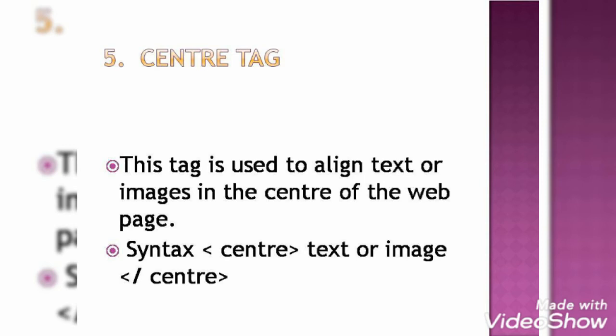So you can use this for aligning images. We don't want our images to come from the corner. Text we are writing, but when it comes to images in a web page, you want to set the image in between. So you can even do this by using the center tag. How will you do it? For example, you write center in brackets, then you put the image or text, whatever you want to bring to the center, and then you close the center tag. Automatically the text or image will come in the center.